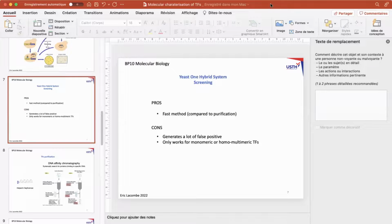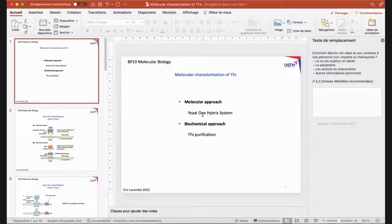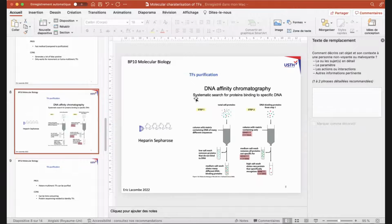Now we're going to shift to the second strategy. So it's the following slides. The second strategy, as I was showing you at the very beginning, is the biochemical approach, which basically concerns the transcription factor purification. We will be really quicker than the yeast one hybrid system because technically it's really more simple, but experimentally it can be quite difficult. So the idea is to use the classical biochemistry purification strategy in order to